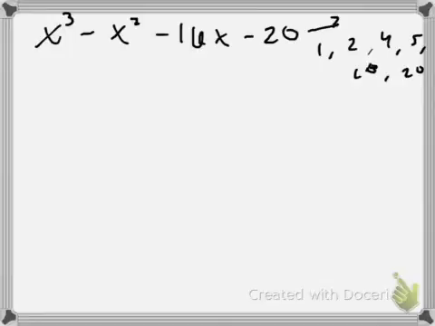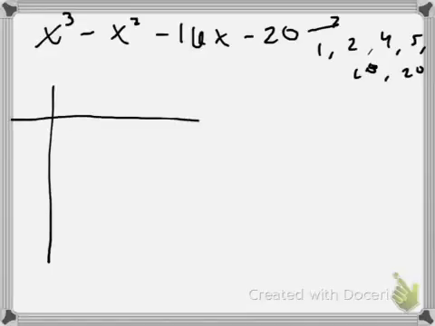So that would be all yours. So then you go one by one and you take those and you do what you did for the synthetic division. So what I would do, I'm going to start with 5 because that's my favorite number, so I think